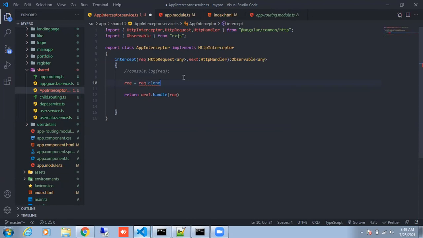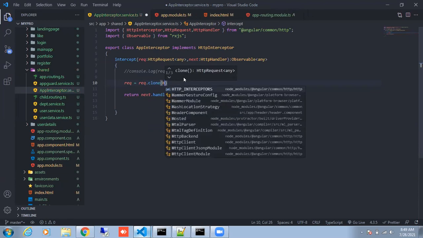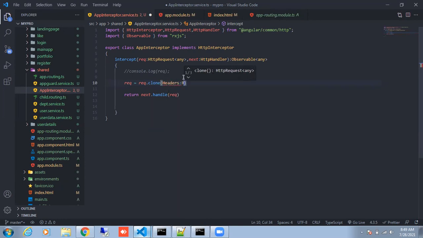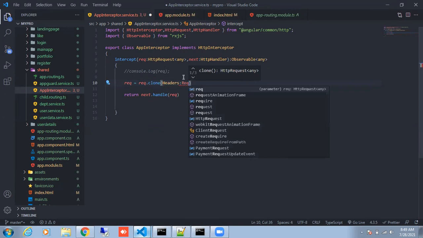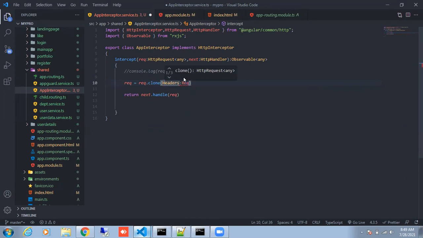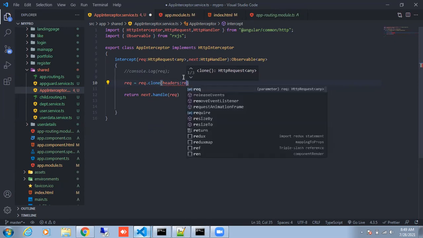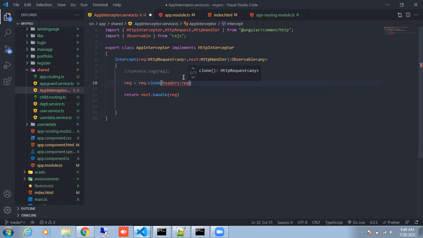Start the round brackets, say headers colon, request dot headers. Headers h is small. Here REQ is small, it is a request object. REQ dot headers dot append.